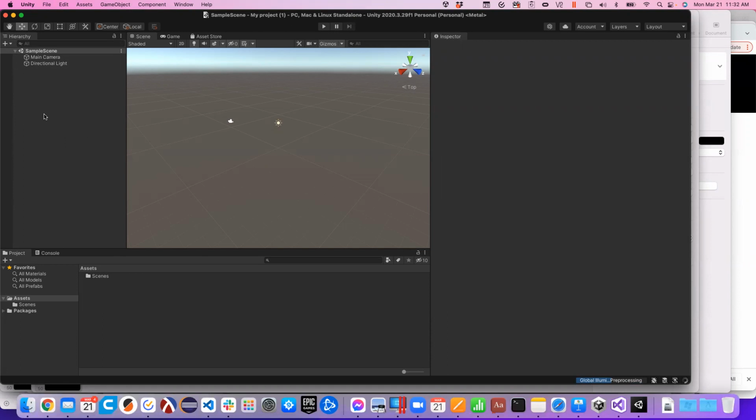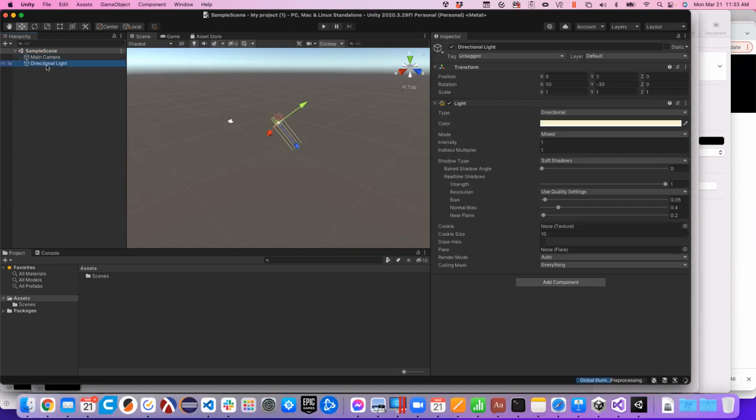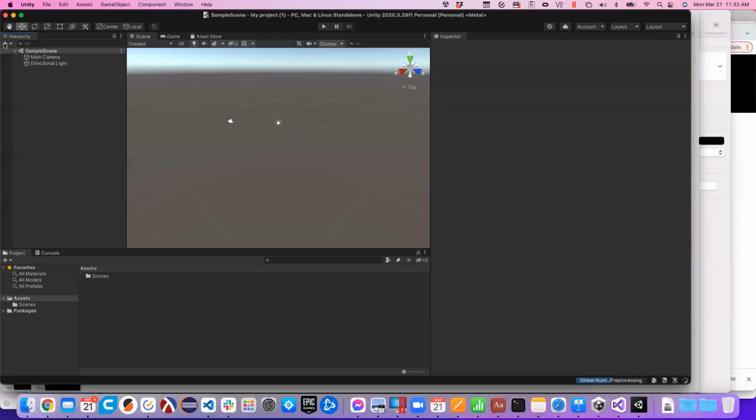I think in class at some point I referenced that when we get to Unity, we almost think about it like scenes in a play. So the scene that we're working with here is called sample scene. We have a camera, we have a directional light. So it's almost like you just walked into a room and it's set up for a show, a shooting, right? And now you're going to start bringing objects, bringing things, actors into the scene. And then we're going to put assets on them, dress them up, make them look a certain way and things like that. And so, for instance, if I hit this little plus sign up here,